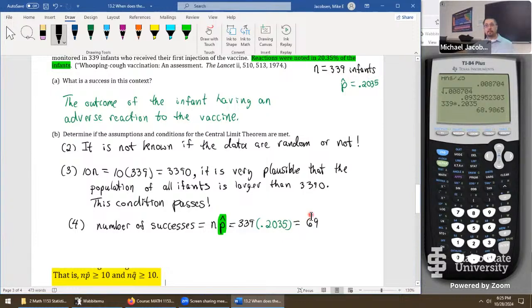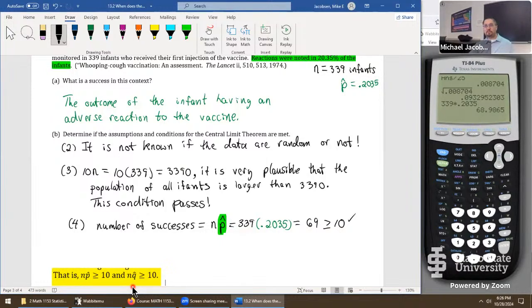One thing that's a good idea to add to your paper is that inequality, just as a reminder that we passed the benchmark. This is indeed greater than or equal to 10, and just a little check to convey we met that condition. That's not the whole story, though. It's conceivable in the right problem that you have the right number of successes, but the wrong number of failures. So we have to check the second equation, n times q hat this time. Any questions so far with our first check?